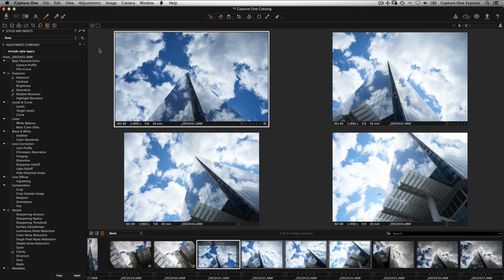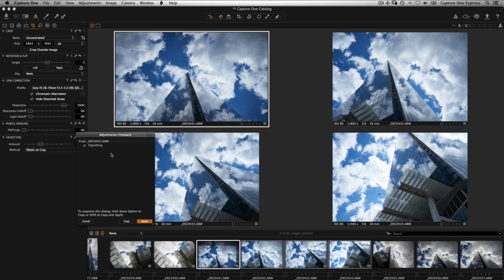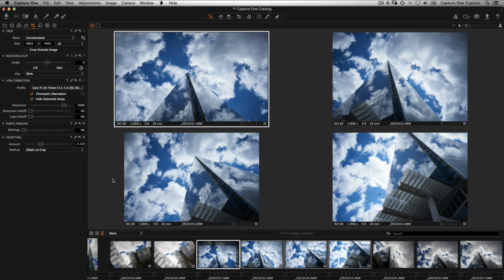Now to apply the same adjustment from the initial image to the selected images, click on the Apply icon in the toolbar. This method works with multiple adjustments, however it is just as simple to copy individual tool adjustments from one image to several other images. Select images as before and adjust the individual tool values that are needed for multiple images. Click on the Copy Apply icon in the tool itself. Select or deselect any tool parameters and then click Apply. Now this adjustment is copied to all selected images.